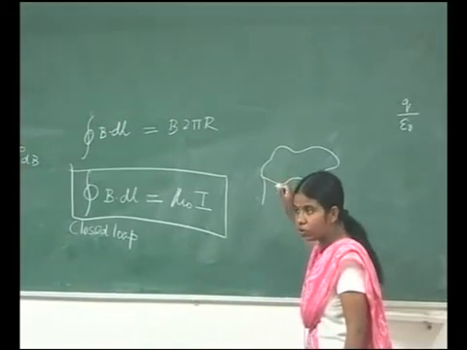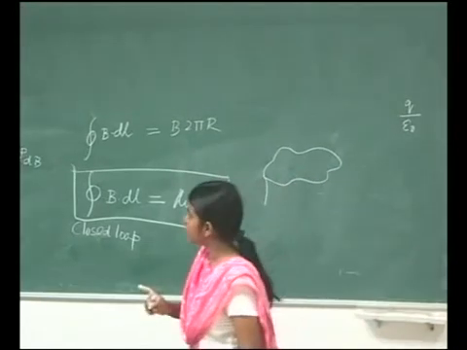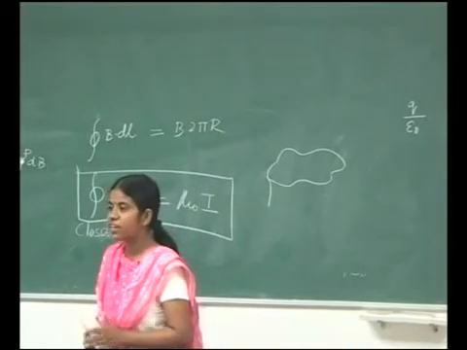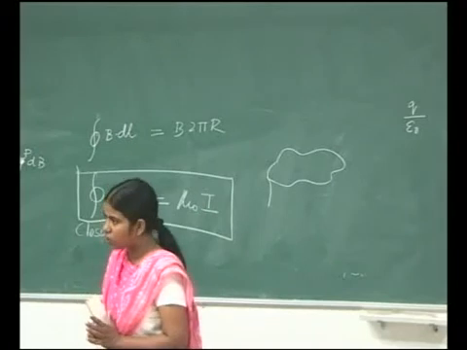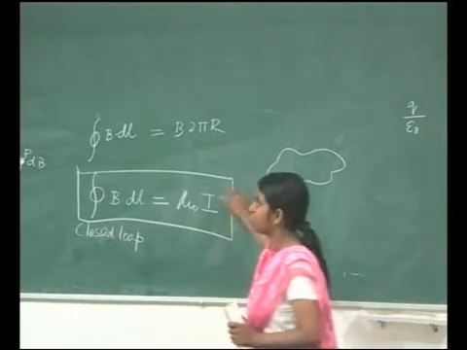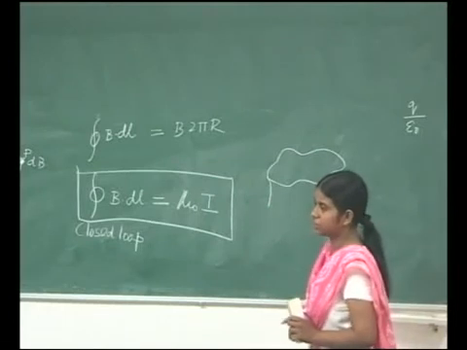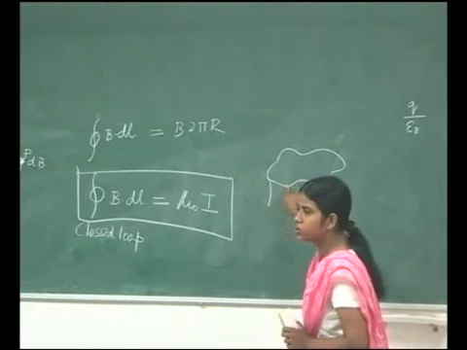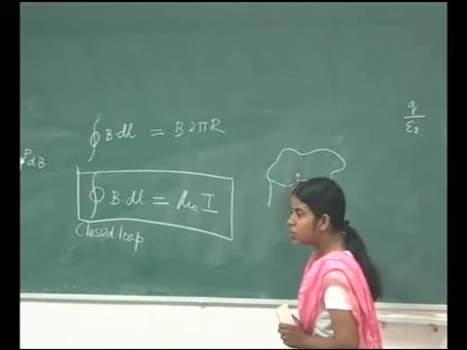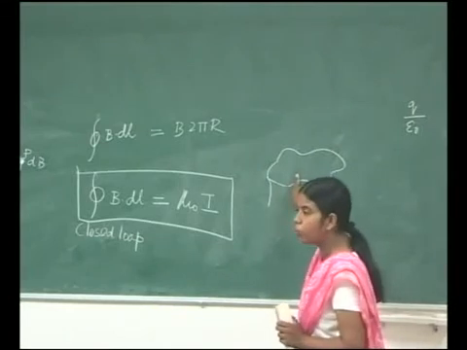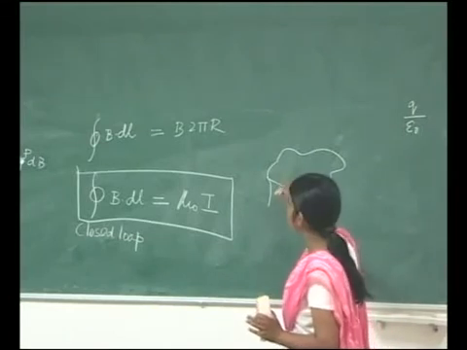Remember, I told you that the second Maxwell's equation, or Gauss law, is associated with a closed surface. But the third Maxwell's equation, which follows from Ampere's law, is associated with an open surface. With a closed loop here, you will have to associate an open surface. Now, that open surface could be this plane itself, like a film.